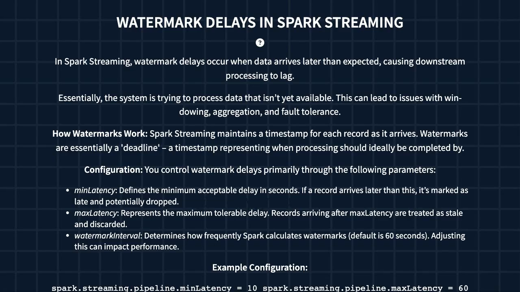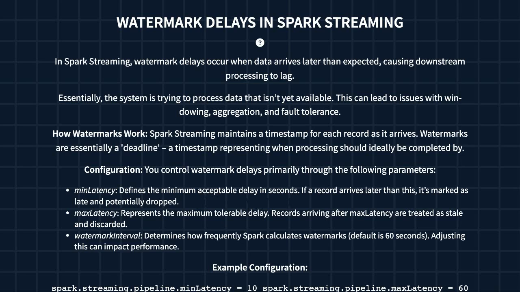Min latency defines the absolute minimum delay you're willing to tolerate, while max latency represents the maximum amount of delay before data is considered stale and discarded. You can also adjust the frequency at which Spark calculates these watermarks using watermark interval. It's important to understand that choosing these values affects both latency and potential data loss, so pick them carefully based